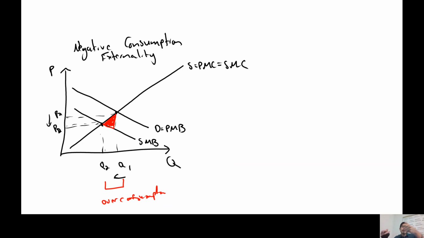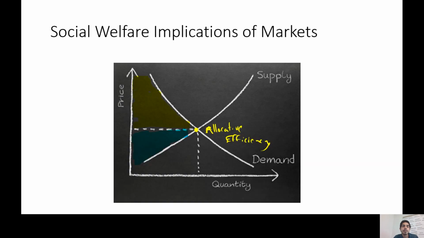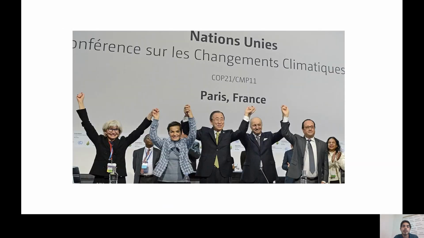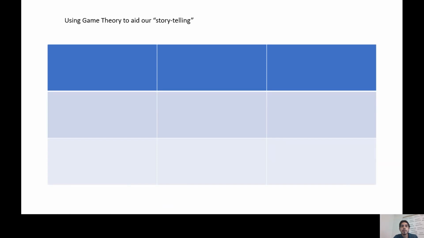And similarly, there's potentially room for government intervention in getting rid of the externality and the market failure. And so externalities are very, you can tell pretty sophisticated stories about climate change using externality graphs, right? That's the whole point of why we use models and graphs in economics, because we can tell pretty sophisticated stories using models and graphs.